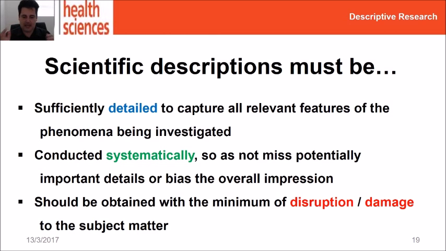So, to count as a description in a scientific context, in the same way that there are certain criteria that we have for predictions, a prediction must be about something observable, it must be falsifiable, etc. For a description to count as scientific, to say that the measurements I'm taking of reality have scientific meaning to them, there's generally three criteria. I mean, only two really, but the last one is an ethical criteria that we add on top of it.